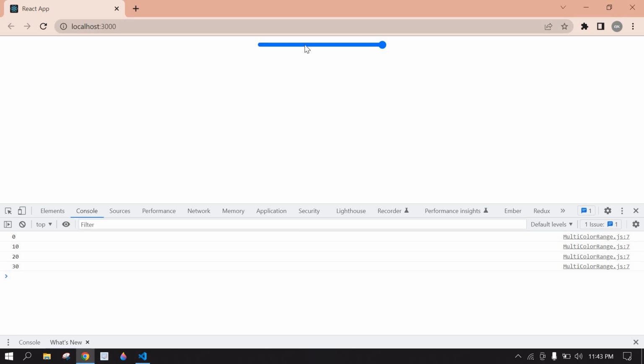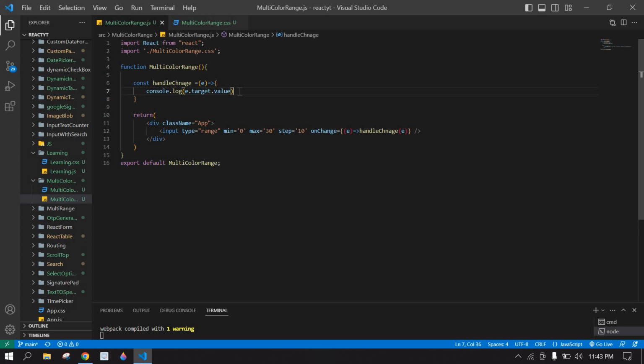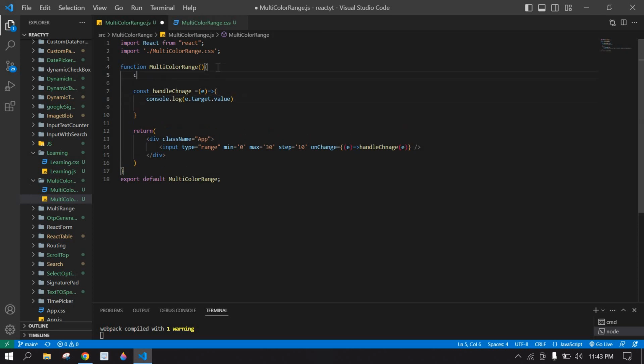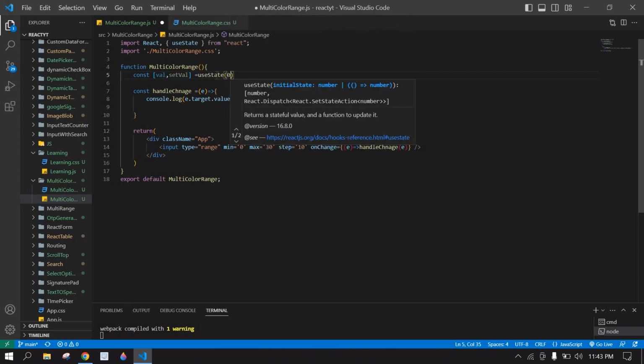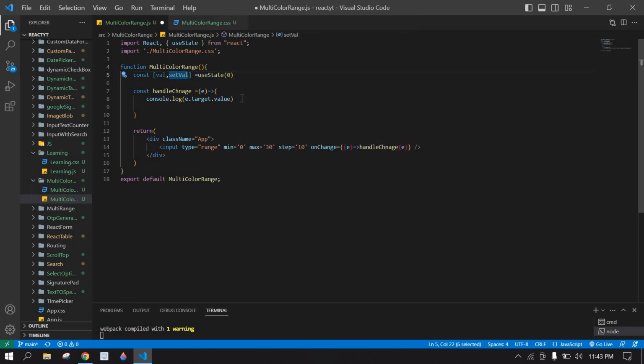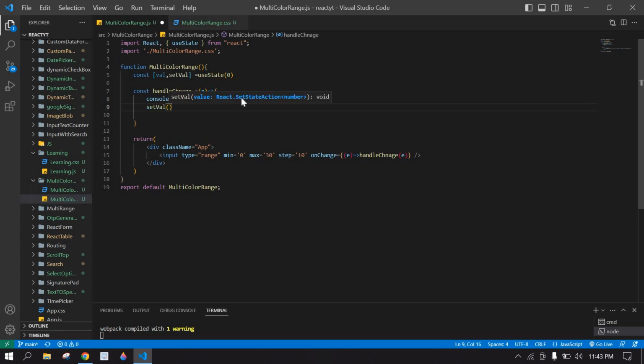Now I'm going to change the range color depends upon the steps. Before that I need to set the on change value in one state, so I'm going to create a state here, val and setVal and useState. Initially it's 0, and I'm going to copy this, and after that I'm going to pass the e.target.value,